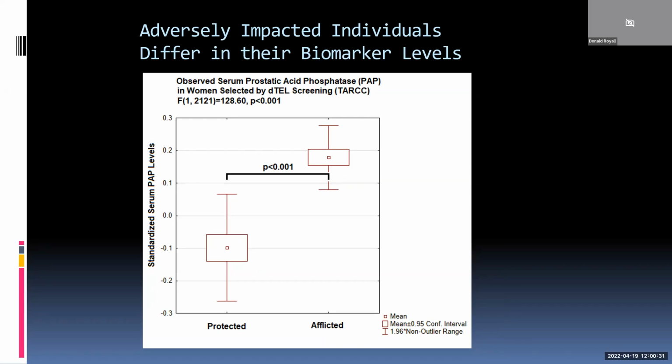But I identified them through cognitive performance alone. No biomarkers were used to distinguish those two groups. It was just the adjusted D-score and the unadjusted D-score. So once I have that, it's just a weighted sum of observed cognitive performance measures that can be applied over the telephone. So I could screen any woman over the telephone and identify if she is above the line of identity or not, and therefore whether she's likely to have increased levels of this adverse biomarker. And sure enough, they do.